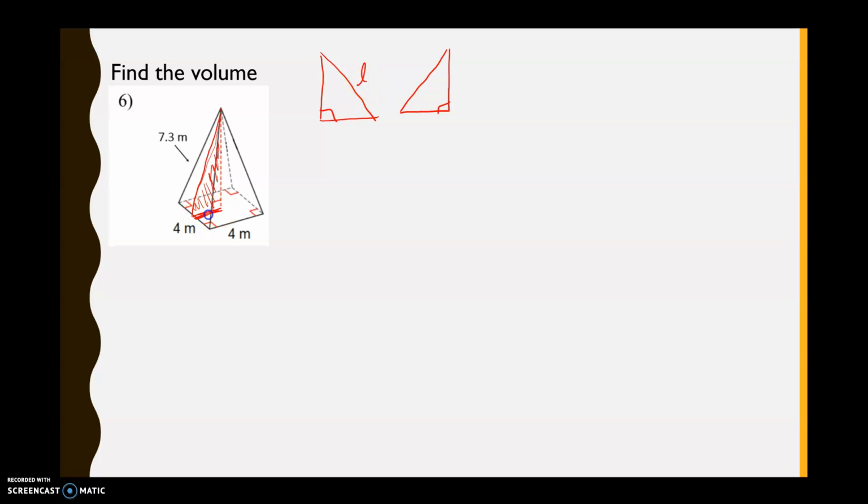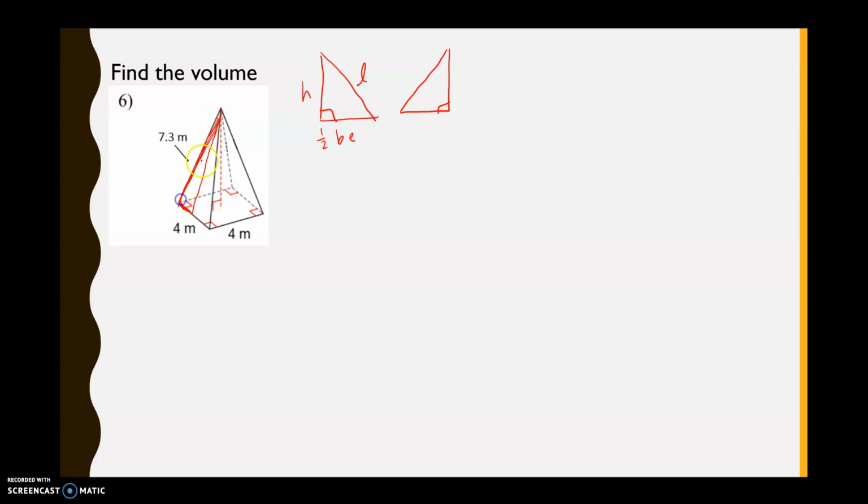This side is half of your base edge. And this one back here is the height of your pyramid. So that's one of your triangles. Another triangle is going to be using that same slant height. But now if I come out here,